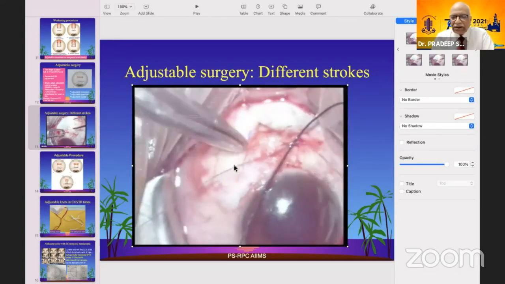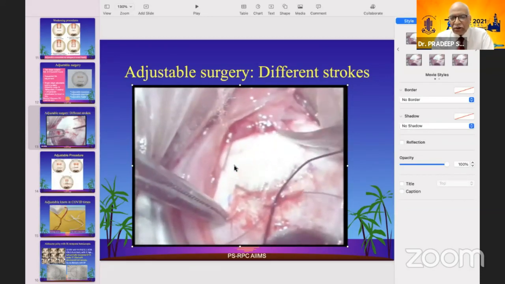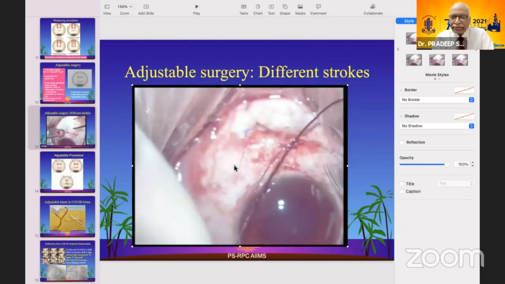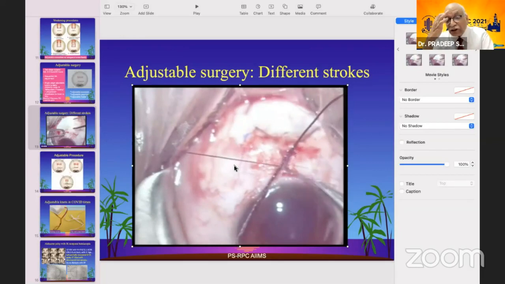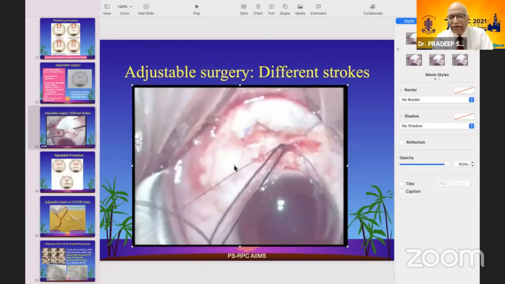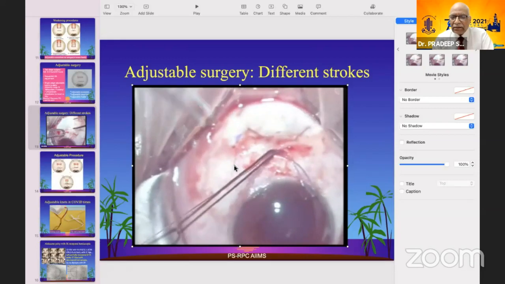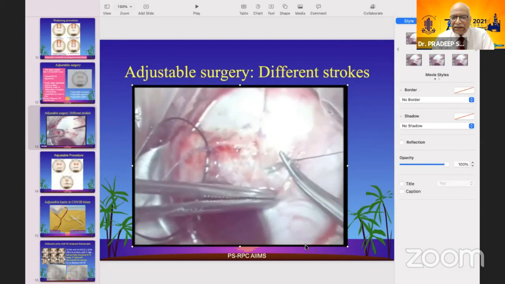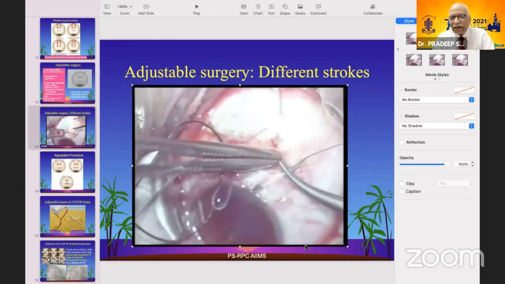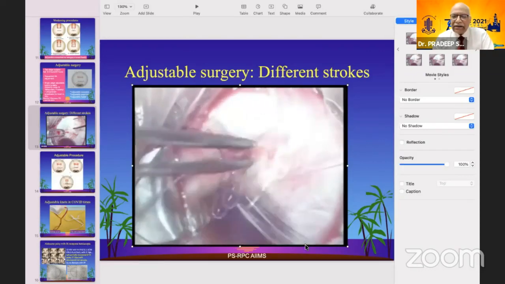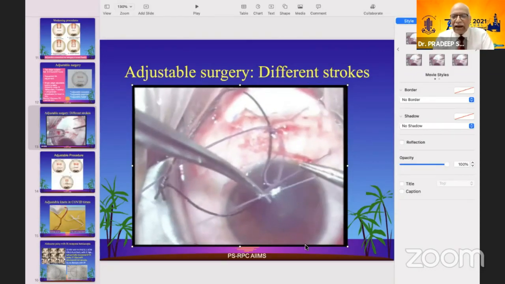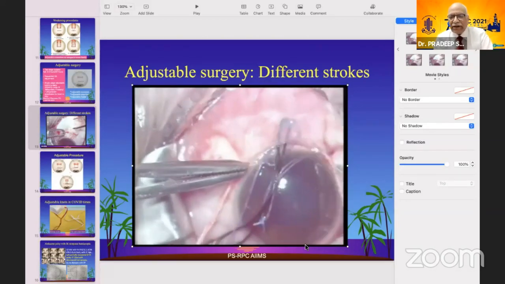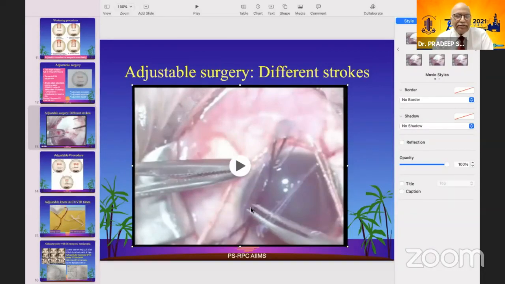Another thing, as I learned from Dr. Rosenbaum, is that you can use the bucket handle suture. At the time of surgery, you should check that the sutures are passing easily backward and forth. This is the bucket handle suture, which we can pass with the 6-0 Vicryl suture. It helps us in holding the globe easily. And when you close the conjunctiva, you can let the sutures come through the central exposure and just put the sutures on the side.